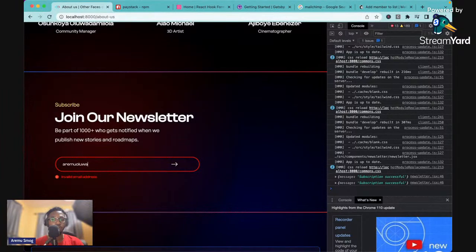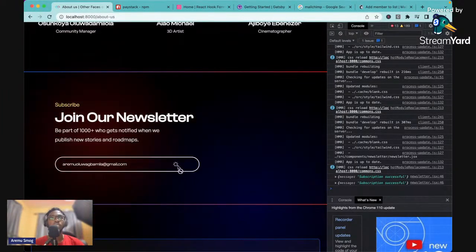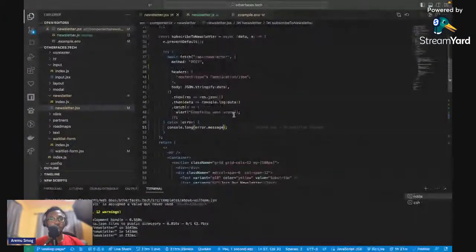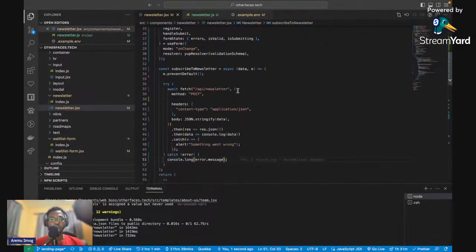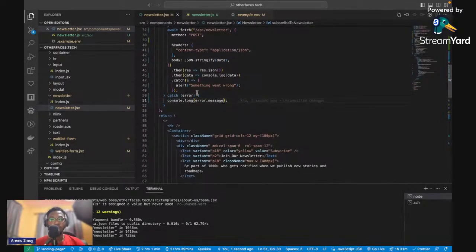Remove at gmail.com, which is my email address, then save it, and subscription successful. So there was no error. That's amazing. I was expecting some form of error, but there was none. So if nothing went wrong, oh, that was so fast. If nothing went wrong, then what I'm just going to do is